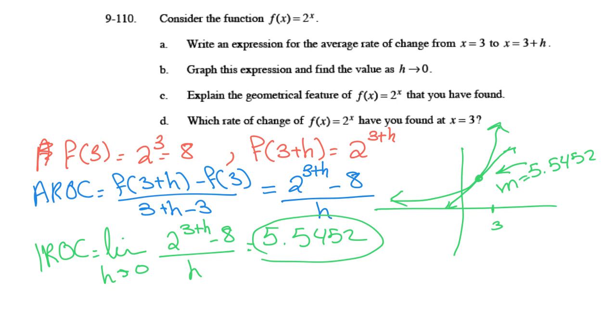So if this was a word problem, an application problem, then this would be the speed or the velocity at exactly 3 seconds. But since we do not have an application problem with this one, it will just represent the slope of the tangent line at x equal to 3. And this is an important topic to wrap your head around: what does the AROC and the IROC represent in any problem that you're doing? If you take a tangent line and touch that graph at the point x equal to 3, the slope of that tangent line that you just drew is equal to